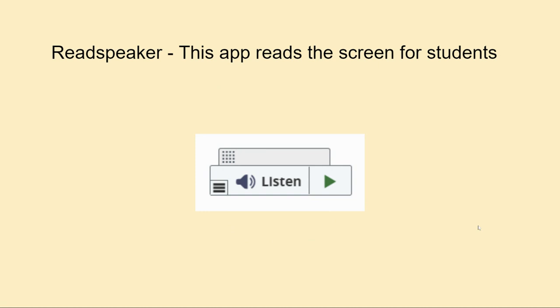The Read Speaker app is in the Virtual Virginia instances for students. And right now it's not in ours, but it is coming very soon. The Virtual Virginia trainings that I participated in have had the Read Speaker, and I found it quite helpful because Virtual Virginia content seems to be very text based in a lot of ways. And this really helps students who have a hard time reading, or if you're just like me and you start to glaze over after you've read page after page,